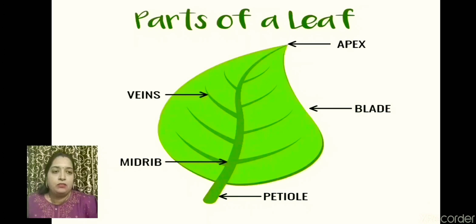The flat part of the leaf is called the leaf blade or leaf lamina. Then the midrib. What is the midrib? Through the middle of a leaf, a thin tube runs. It is called the midrib. From the midrib, many thin veins arise. These are called side veins. Also, there is the petiole or stalk which helps a leaf attach to the stem.